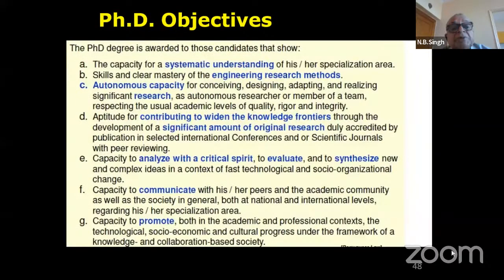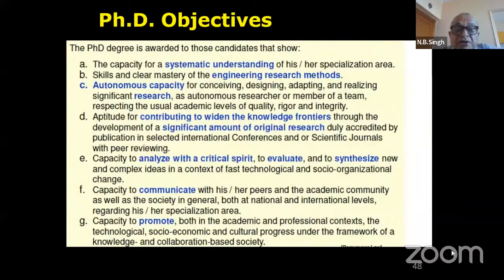What is the objective of a PhD thesis or PhD? The PhD degree is awarded to those candidates that show the capacity for a systematic understanding of his or her specialization area, skills and clear mastery of the engineering research methods, autonomous capacity for conceiving, designing, adopting, and realizing significant research as an autonomous researcher or member of a team, respecting the usual academic levels of quality, rigor, and integrity, aptitude for contributing to widen the knowledge frontier through publication in selected international conferences and or scientific journals with peer reviewing, capacity to analyze with a critical spirit, to evaluate and to synthesize new and complex